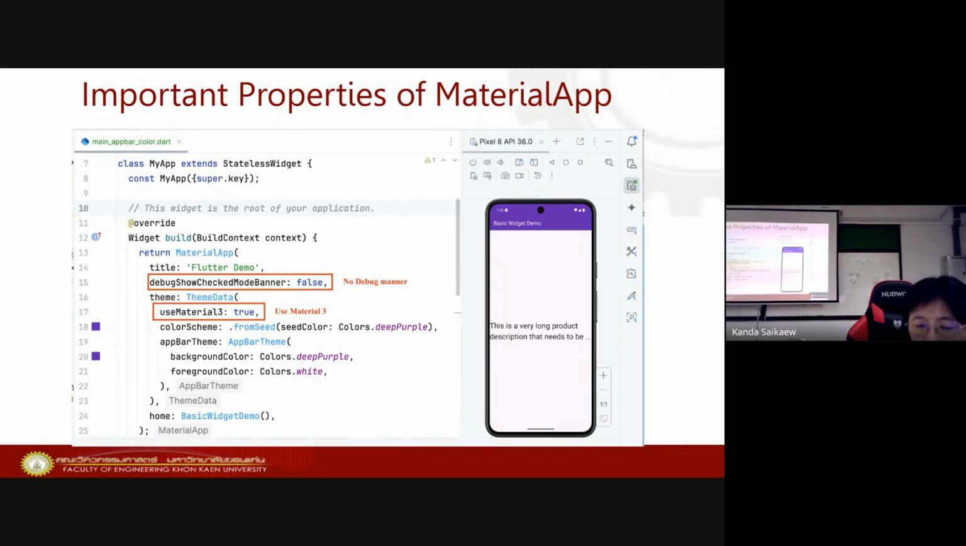The default value is true. So that's why whenever we develop the app, if we don't set debugShowCheckedModeBanner to false, it always shows because the default value is true. And for theme data, if we want to use the modern material design, then we specify useMaterial3 as true. And here, if we want to specify the color of the app bar as we want, then we modify